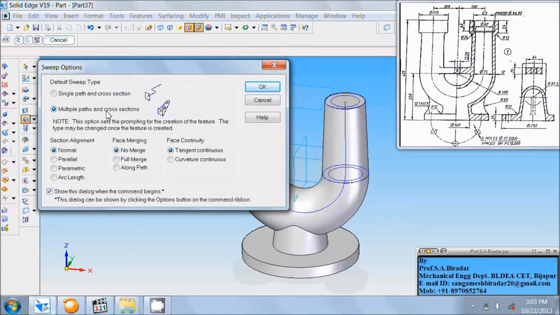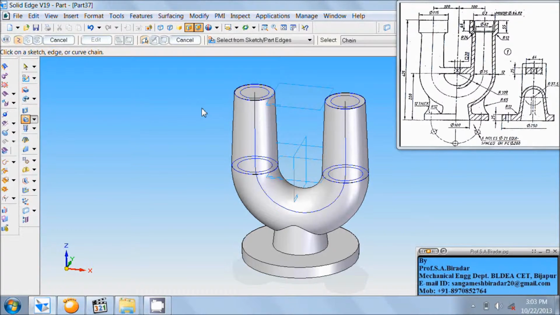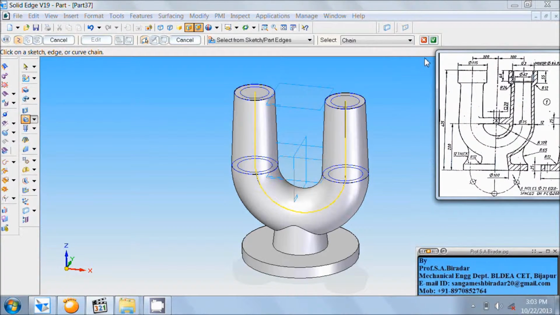It should be multiple paths and cross sections. Click on OK. First select this U shape, then click on this right mark, click on next. Now go ahead selecting the inner circles, this circle, and then inside circle this, and then this circle, and then at the last this circle.